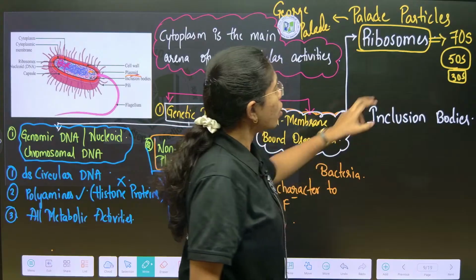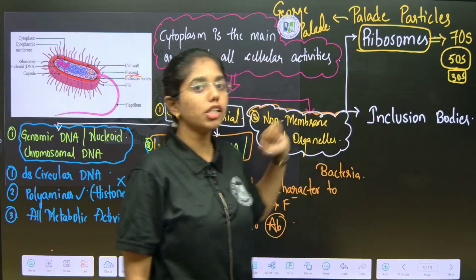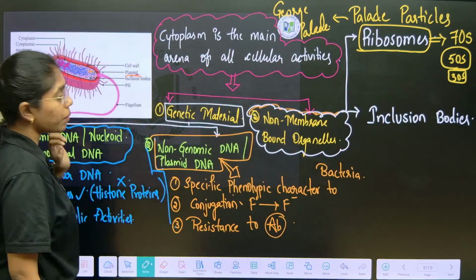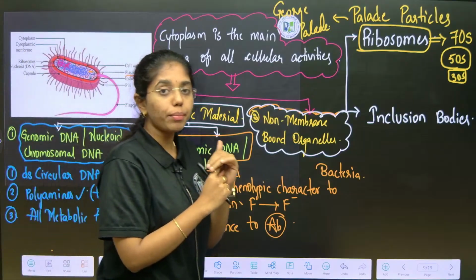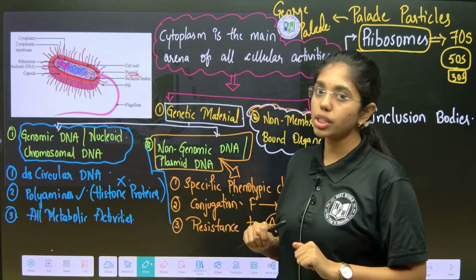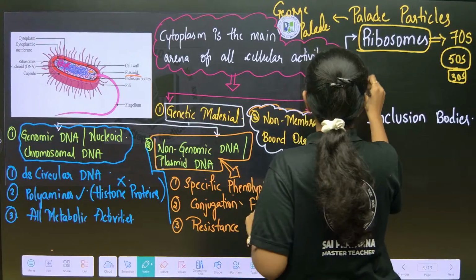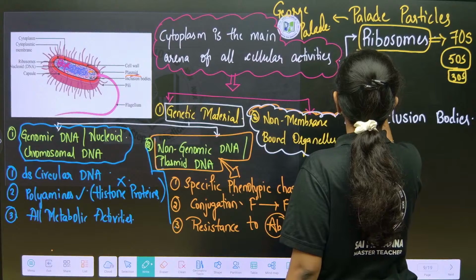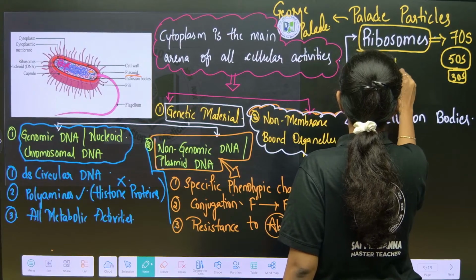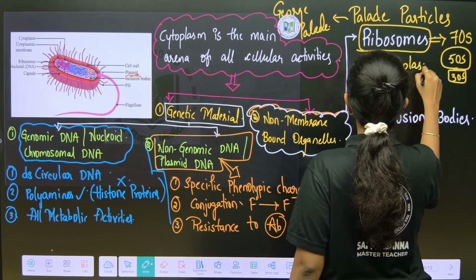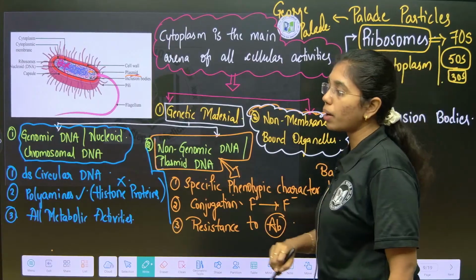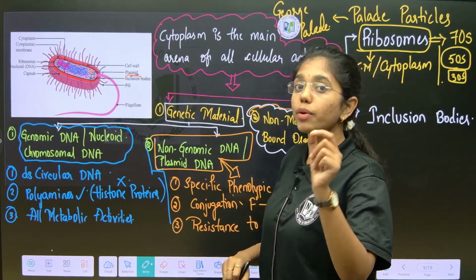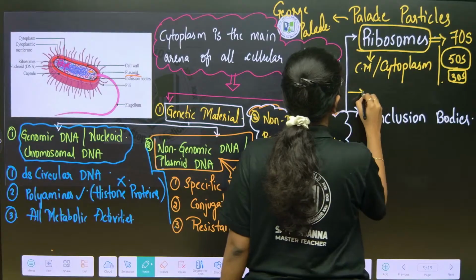Fine, right? So, how these ribosomes, where are they situated? Ribosomes can be present attaching to the cell membrane, or inside the cytoplasm. And here in the prokaryotes, when we speak about ribosomes, we need to highlight one thing, that is the polyribosome or polysome condition.